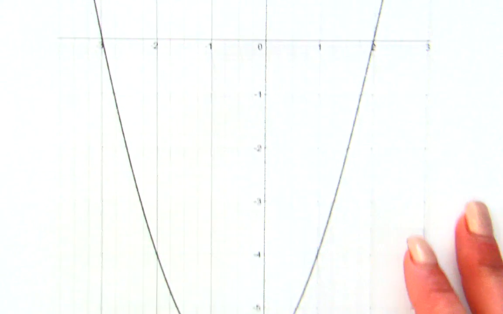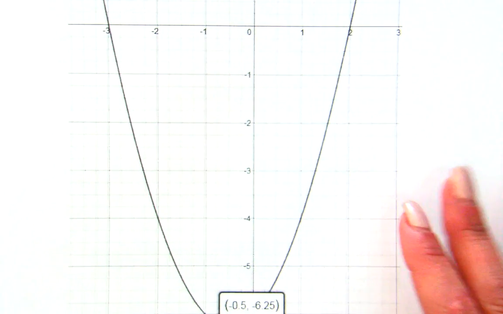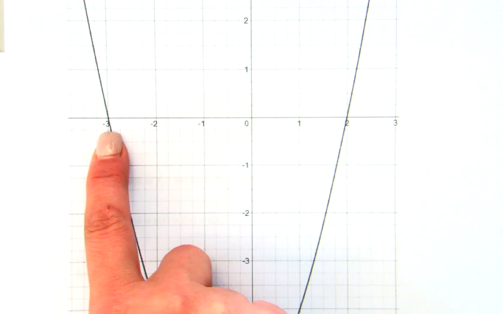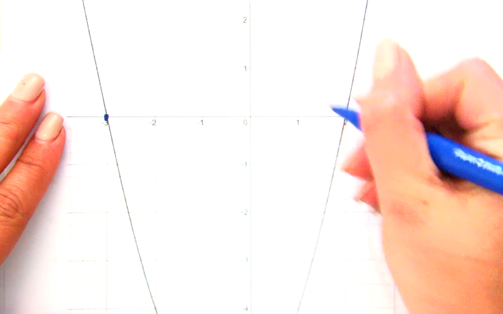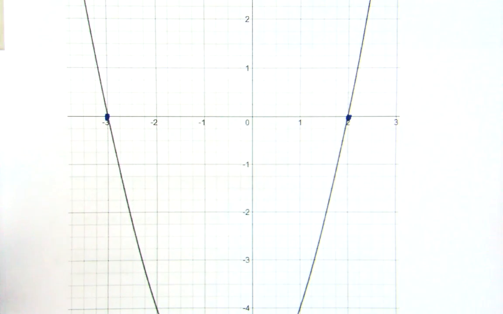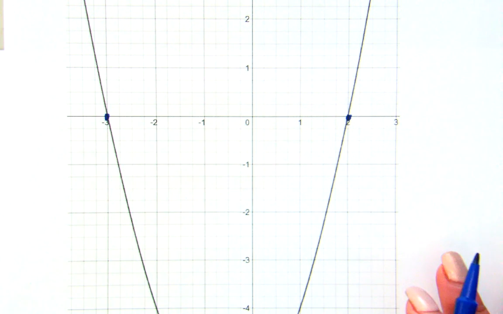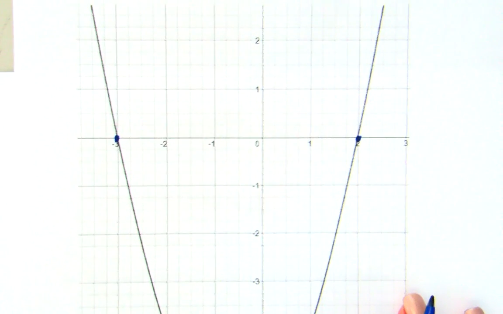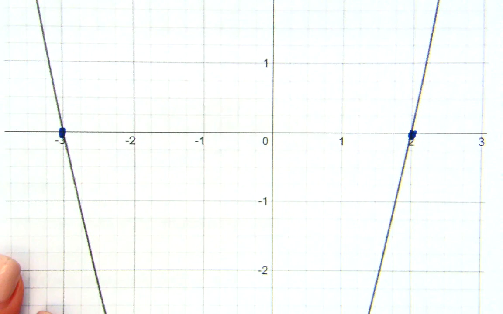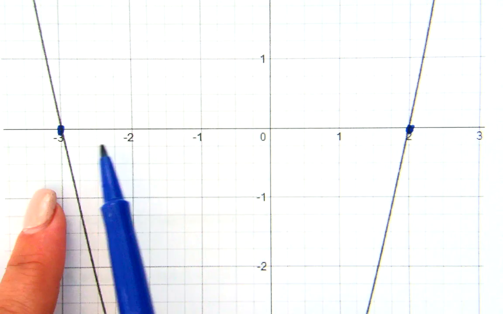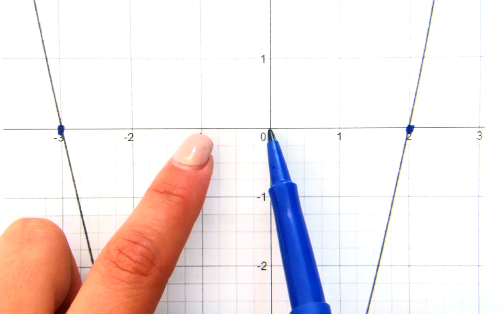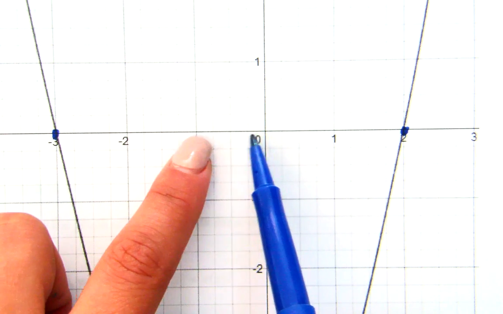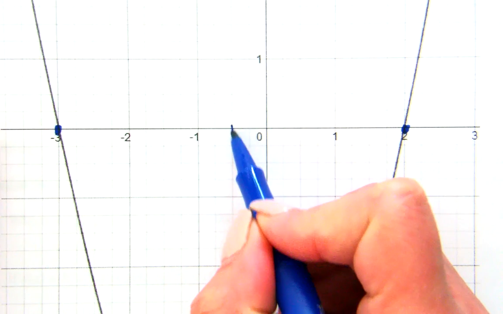So the graph looks like this. Okay, we have 2 and -3 is where you have your x-intercepts. So at -3 and +2. And then if you were to find the vertex of this, then you go right in the middle between those two. So let's see, right in the middle would be, okay, that's 2, that's 2. So I've gone a distance of 2, I've gone a distance of 2, so then halfway in the middle is going to be at